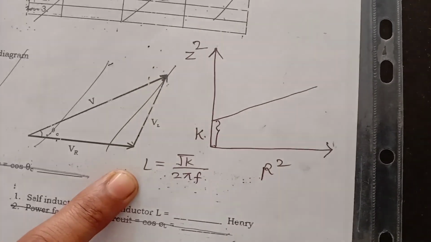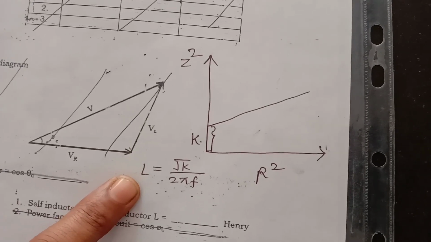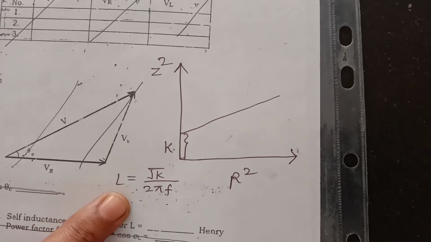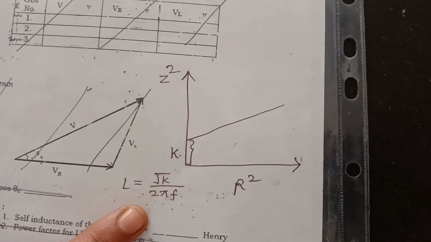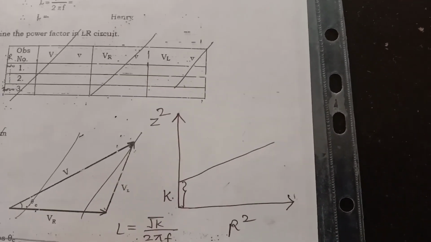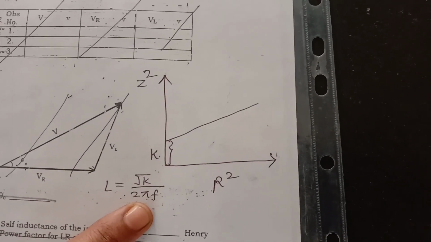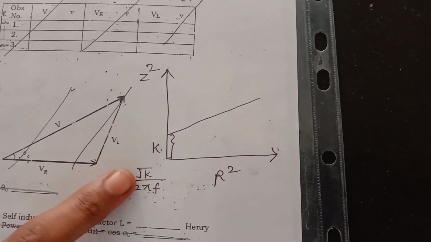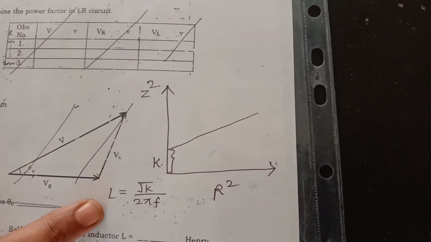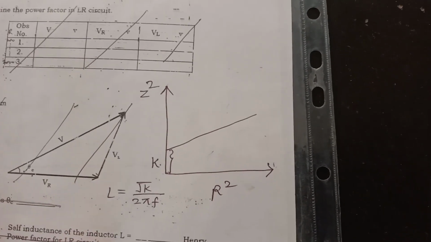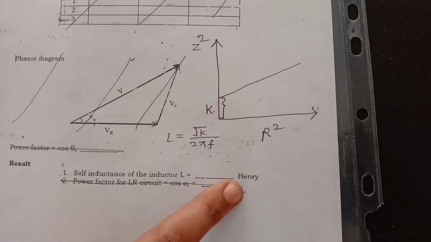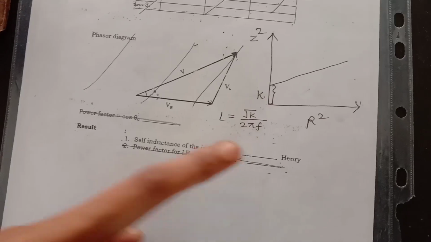Our aim of this experiment was the same, that we want to find out the value of L, which is actually known. Whichever coil we are using is known, but that we can verify. Why have we taken 2 pi f? Because we are dealing with the angular frequency omega. This f we have kept constant, that is 1 kilohertz, means 1 into 10 raised to 3 hertz, and the intercept value you will get from this graph. 2 pi is constant, so finally you will get L, and whatever value of L you obtain will be in Henry. Its unit is Henry. So that is how we can perform the series LR circuit.